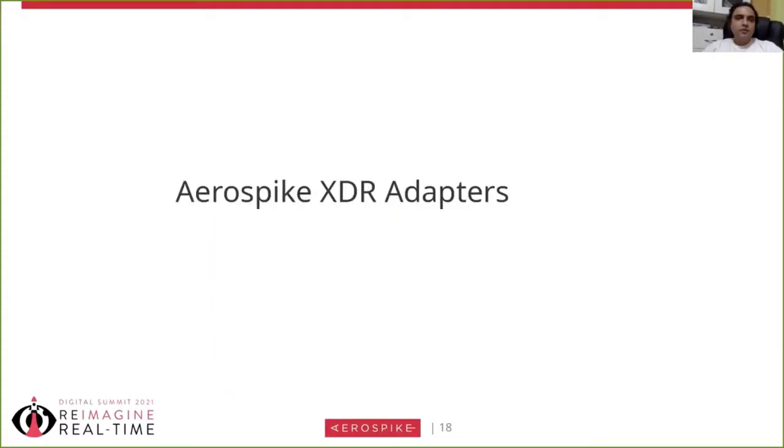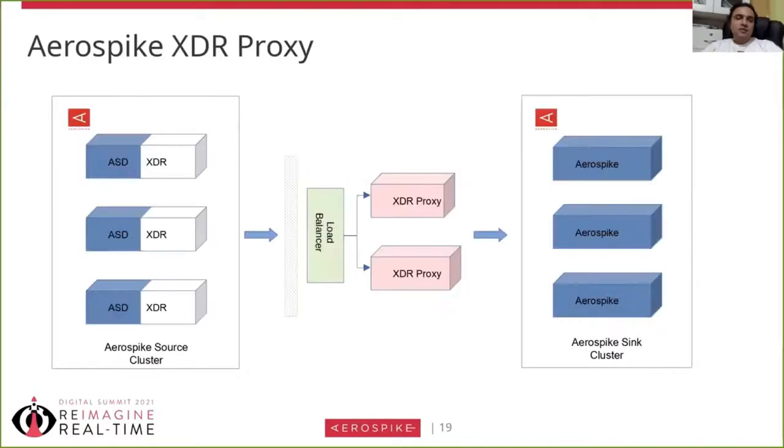Lastly, we are going to talk about Aerospike XDR adapters. The first XDR adapter that we are going to talk about is called Aerospike XDR proxy. The Aerospike XDR proxy is applicable in cases where you'd want to have XDR stream data from a source cluster to a destination sink cluster through a firewall. You would probably want to do this where you want to restrict your attack surface and limit exposing, rather, one IP from your destination Aerospike cluster.